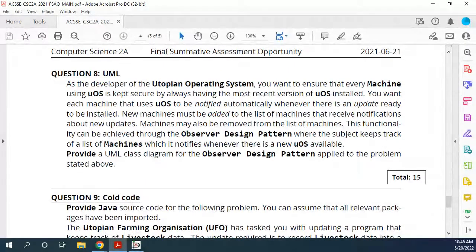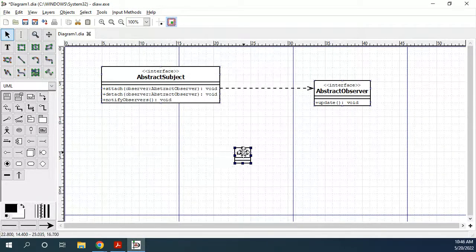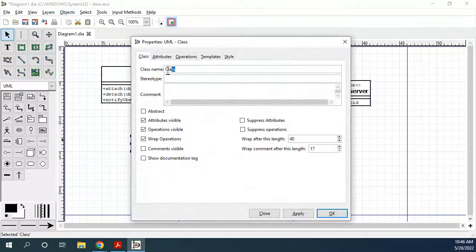So then what we need to do is, no information was provided on the UOS class. So all we know is that it's a state, right? So we just create a class, we call it UOS, and then that's that. So we know that it exists somewhere. And now we create the subject. You can call this concrete subject. That's fine. I'll just call it concrete UOS subject,